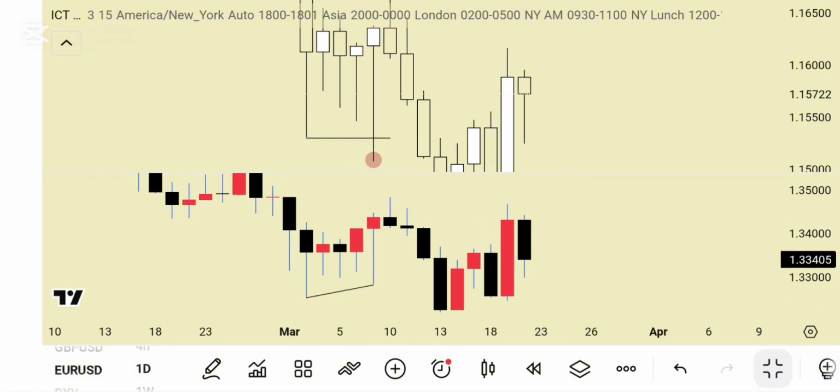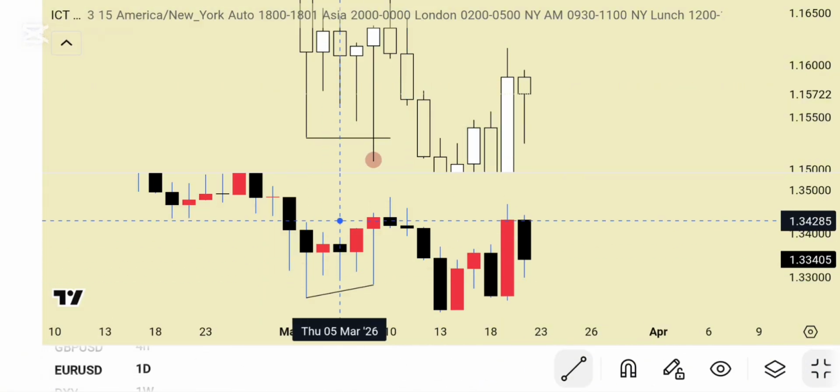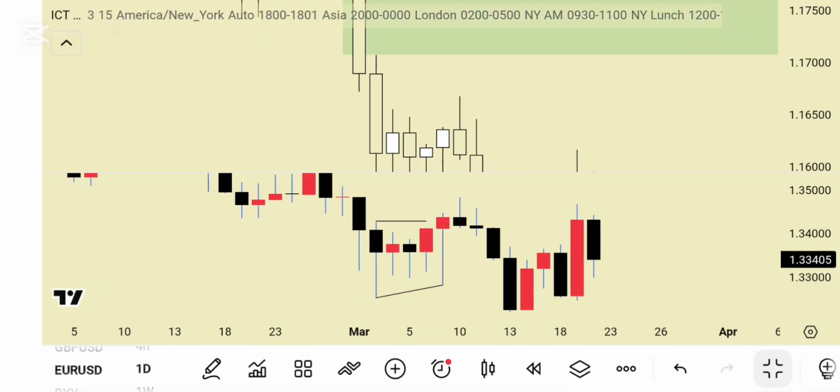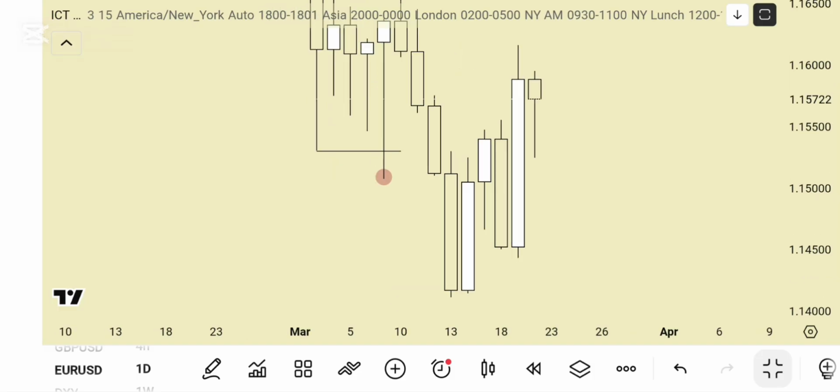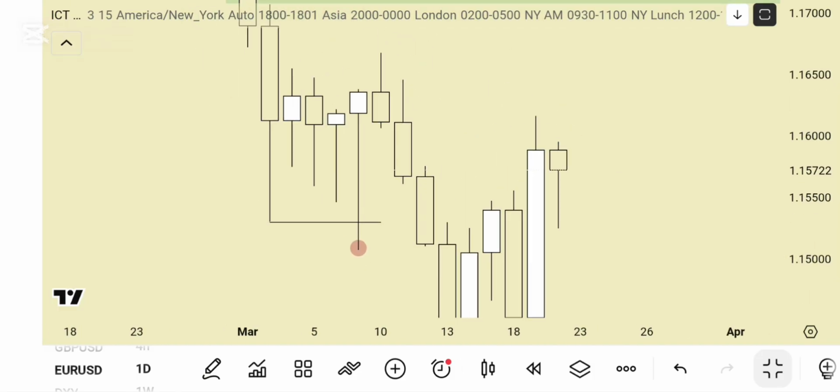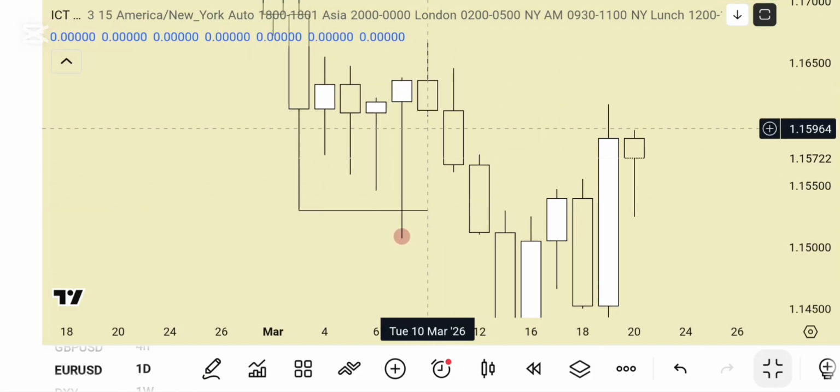So where is now our draw on liquidity? It is the high of the candle that was not swept. And also here, price will definitely not get to it because remember, we are absolutely taking a sell. I just quickly took this buy, look at it clearly. You can see it. This